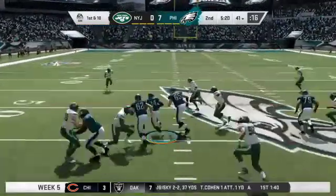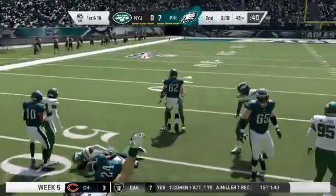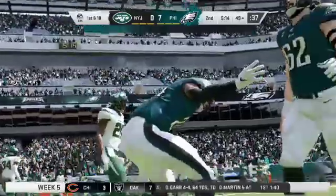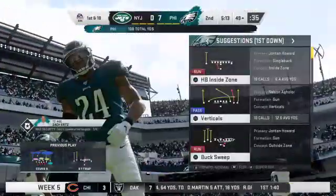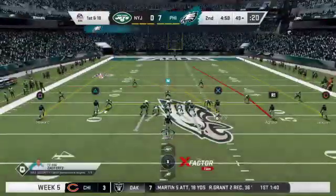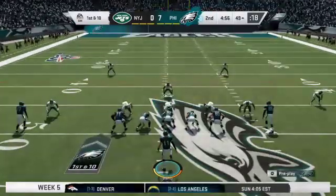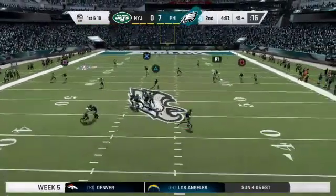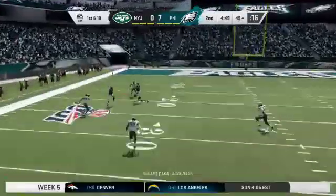On first, they go right back to Howard. And he'll be taken down, but not before he works it past the 50. It's an Eagles first down on a gain of 11. Consecutive plays now where that offensive line has really created a lot of space. And we've seen the confidence rise, haven't we? It borders on arrogance now, and that's that good arrogance, believing you can...